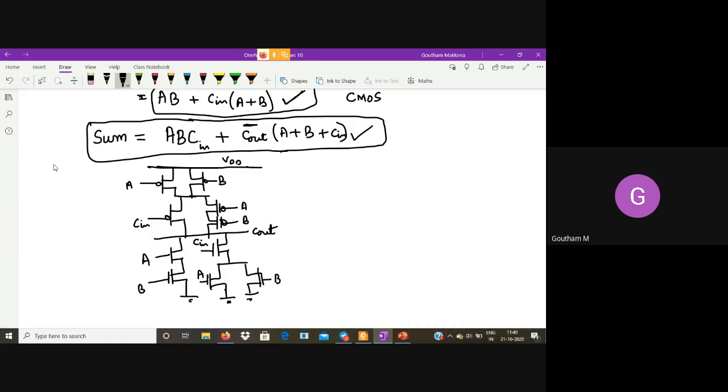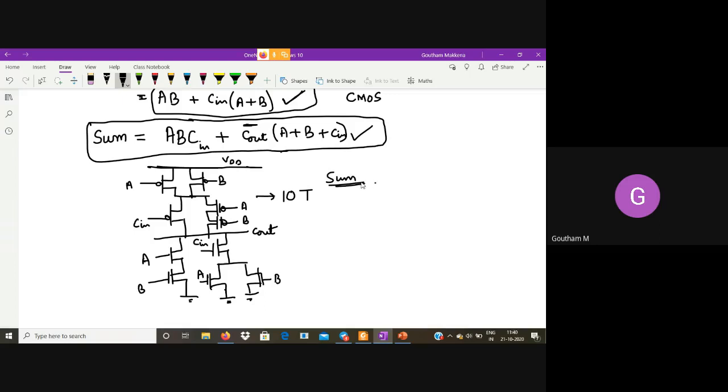Do a qualitative analysis, and quantitative rather, and tell me the number of transistors. So for carry we need 10 transistors. So 5 PMOS, 5 NMOS. So this is 10T, 10 transistors. So tell me how many transistors are required to implement sum.